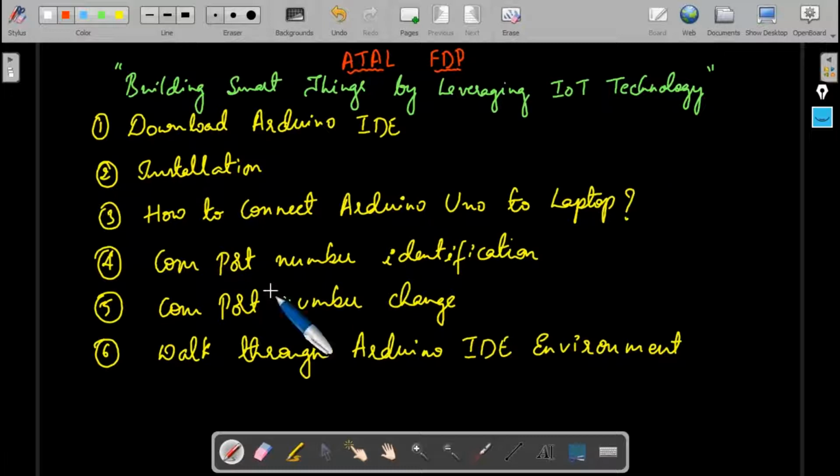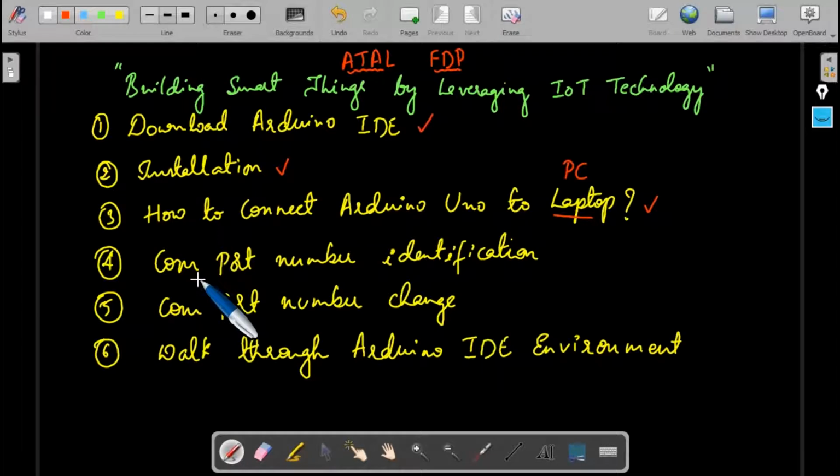So here in this ATAL FDP on the topic building smart things by leveraging IoT technology, in this session I'll take you through where to download Arduino IDE, followed by how to install this Arduino IDE, followed by how to connect Arduino Uno to laptop or PC, personal computer.